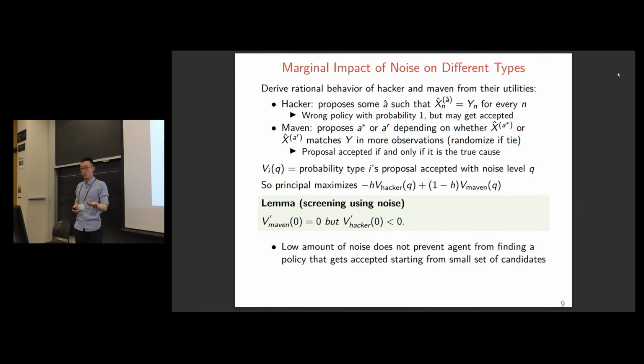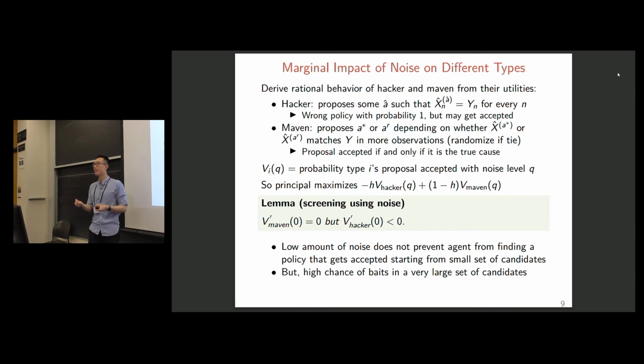Why is this true? Well, the idea is if I inject a small amount of noise into a data set, it doesn't really prevent an agent from finding a policy that would pass the policymaker's test if the agent started with a small set of hypotheses, if they only checked a few things. But if you're someone who p-hacks and you exhaustively search through a large number of candidates, then that is precisely when this small amount of noise gets amplified. In other words, in this world, the p-hacker is being screened out precisely because they p-hack. Nevertheless, by the way their utility is written down, p-hacking is a rational response. That is how they maximize their utility.